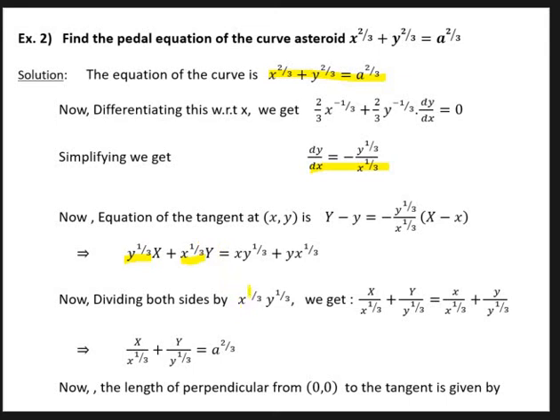Hence we divide this by x to the power of 1 by 3 into y to the power of 1 by 3. We get X by x to the power of 1 by 3 plus Y by y to the power of 1 by 3 is equal to x by x to the power of 1 by 3 plus y by y to the power of 1 by 3, which implies X by x to the power of 1 by 3 plus Y by y to the power of 1 by 3 is equal to a to the power of 2 by 3. Now the length of the perpendicular from the origin to the tangent is given by p is equal to